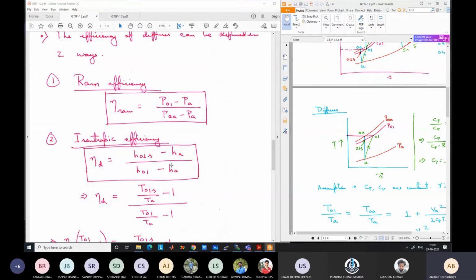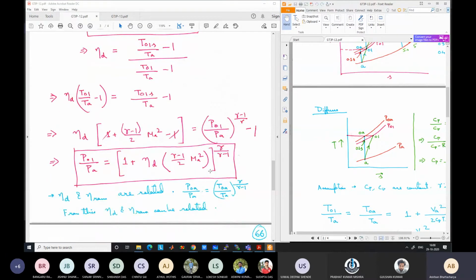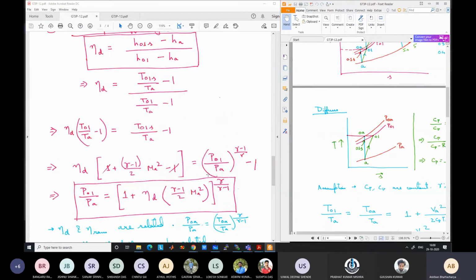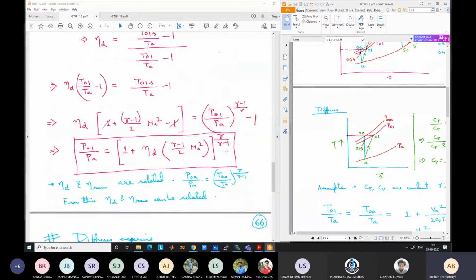Both are representing the isentropic losses but in different forms, different ways, and obviously their values will be different because they are representing in different ways. So the quantities actually are different. One is based on pressure difference, one is based on some temperature difference. Values will be different, but both capture the losses due to friction. Any questions?